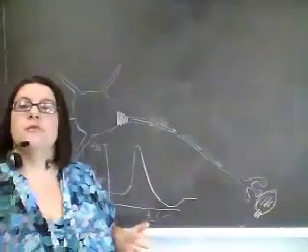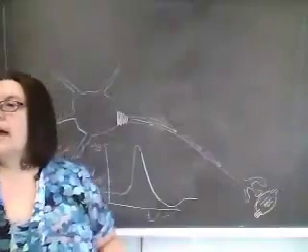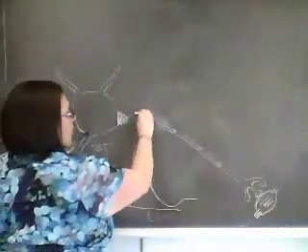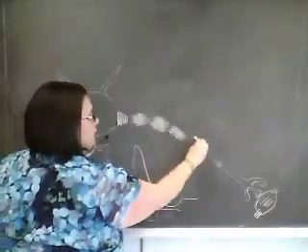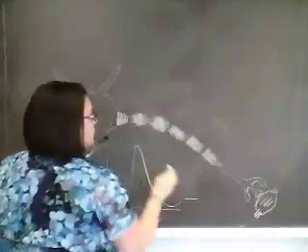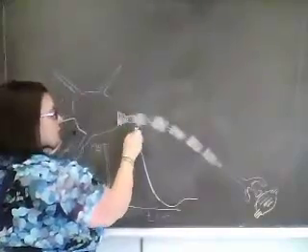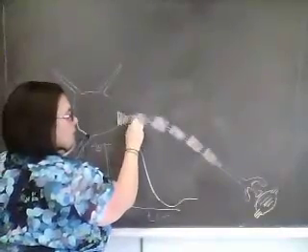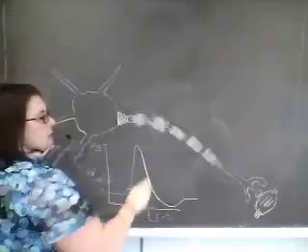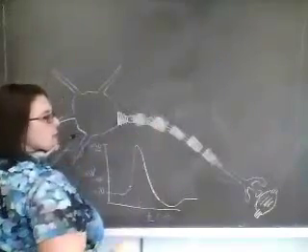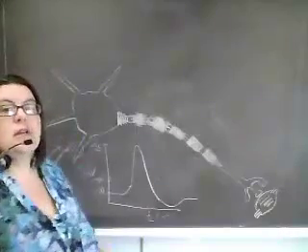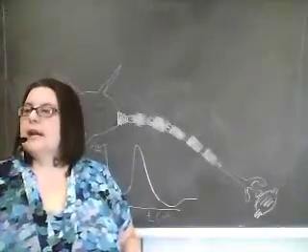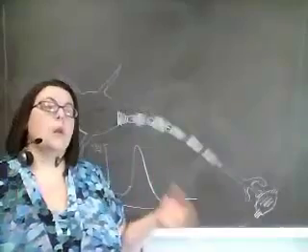However, some very long axons have a myelin sheath. And what that myelin sheath does, if we think about the segments of myelin sheath made of those Schwann cells, is that the action potential occurs in this segment, and then the depolarization is insulated so it slides through. Then we have an action potential in this segment, and it slides through. That is going to increase the speed, and this is really necessary when we're talking about a very long